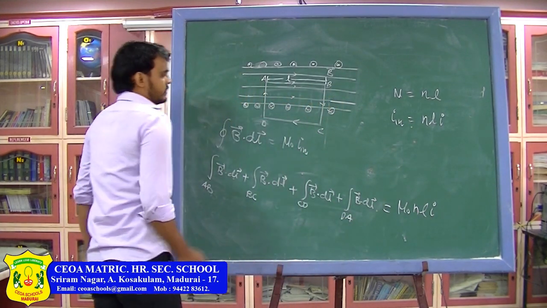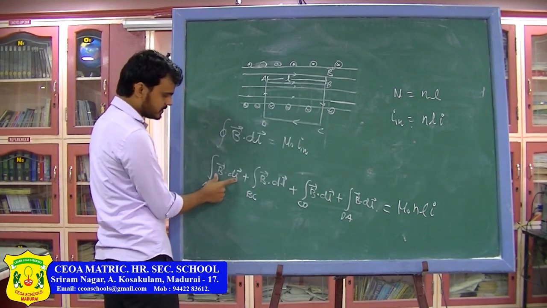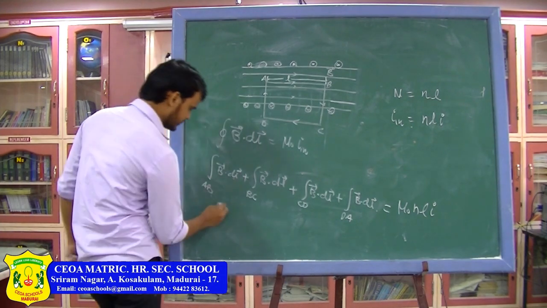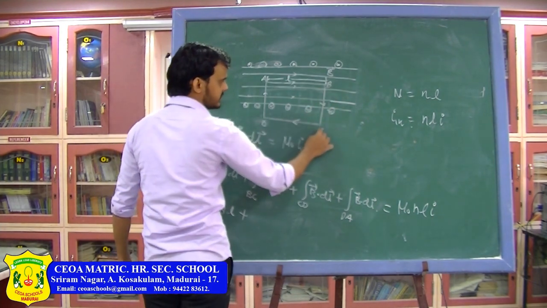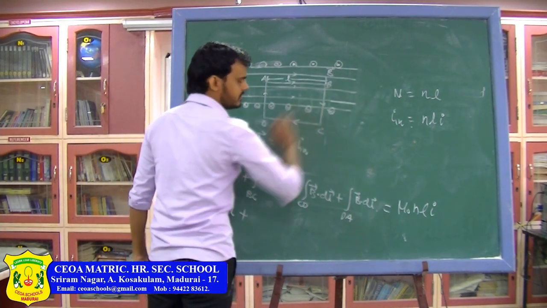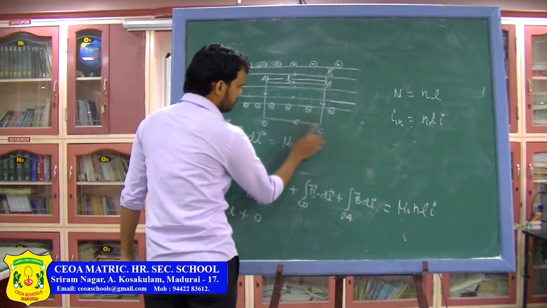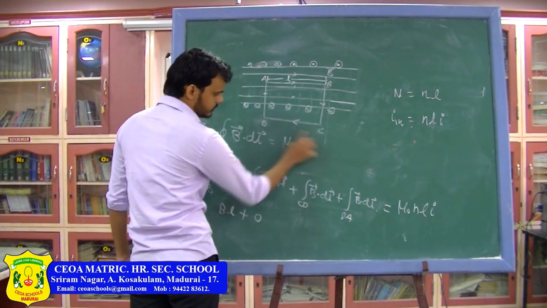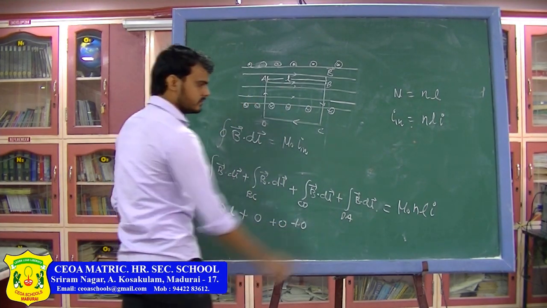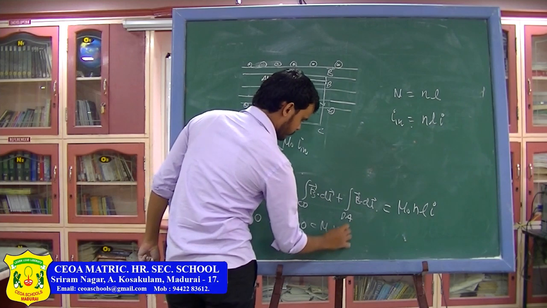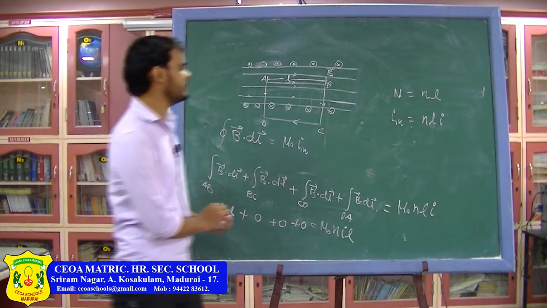Now this integration, you can see the direction of magnetic field and direction of dl is the same. So this can be simply written as B into l. Plus, here you will see that dl is in this direction and magnetic field is in that direction, so the angle between B and dl at every point is 90 degrees. So this integration will be 0. Similarly, here the magnetic field is 0, so the integration over C to D will be 0. And similarly from D to A also it will be 0. This will be equal to mu naught into n I. So from here you will see that l will cancel out. So B will be